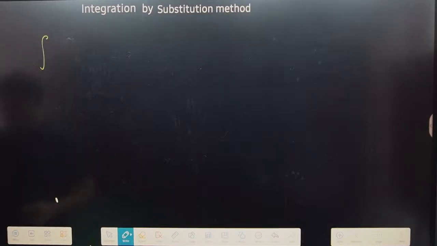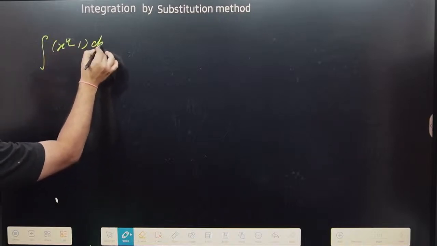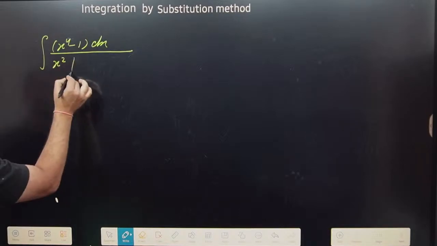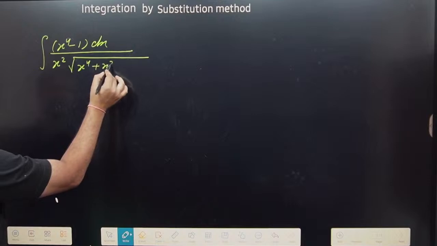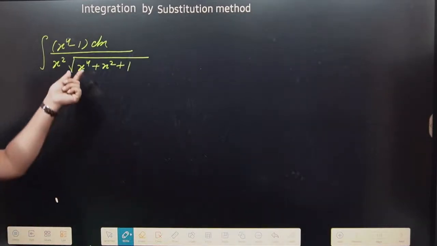Integration of (x to power 4 minus 1) dx divided by x square under root of (x to power 4 plus x square plus 1). Okay, how can we solve this? Simply,